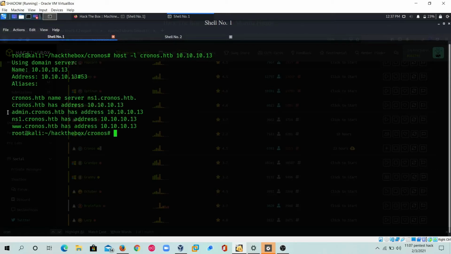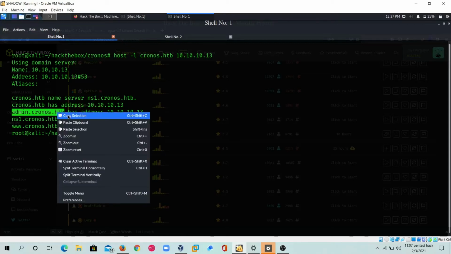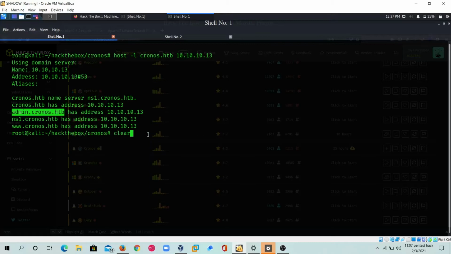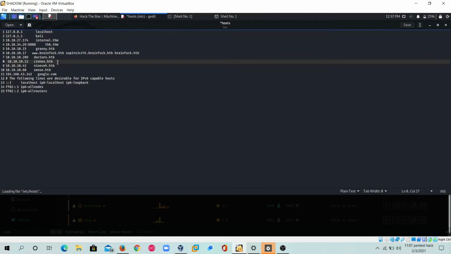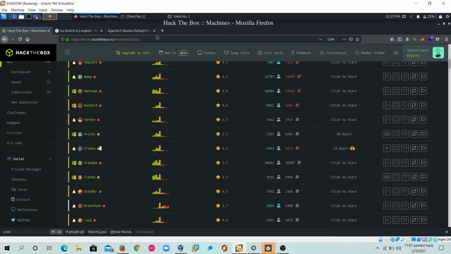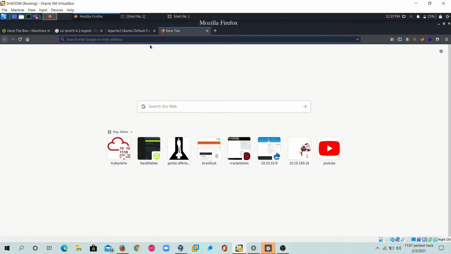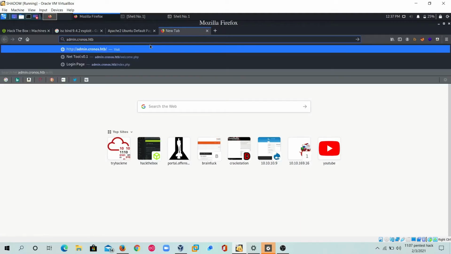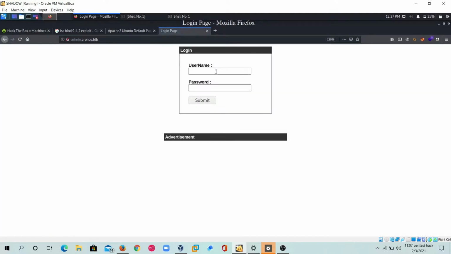If we check here, the admin console page is also hosting on the same domain. So we have to add this domain name into the host list. Then we can access the admin console. Give a space and then add it, save the file and then close it. So as we have added two domain names to the IP address in the host list, we will go to the same domain name which we have just entered into the DNS list.